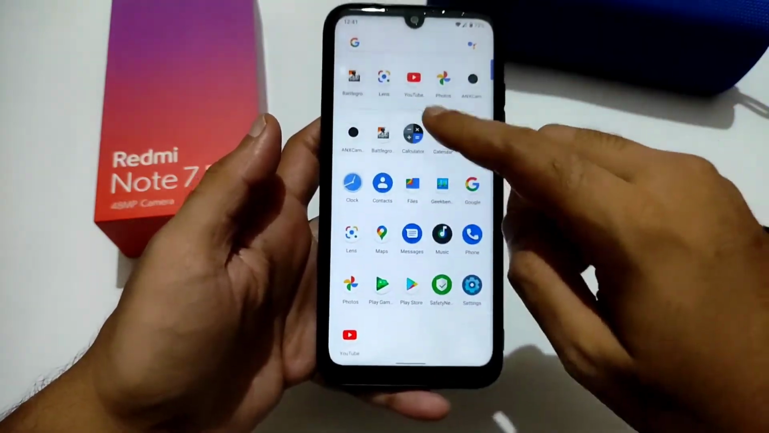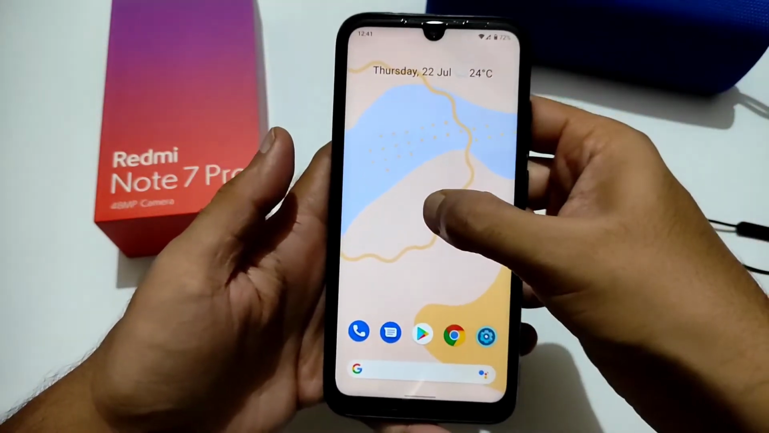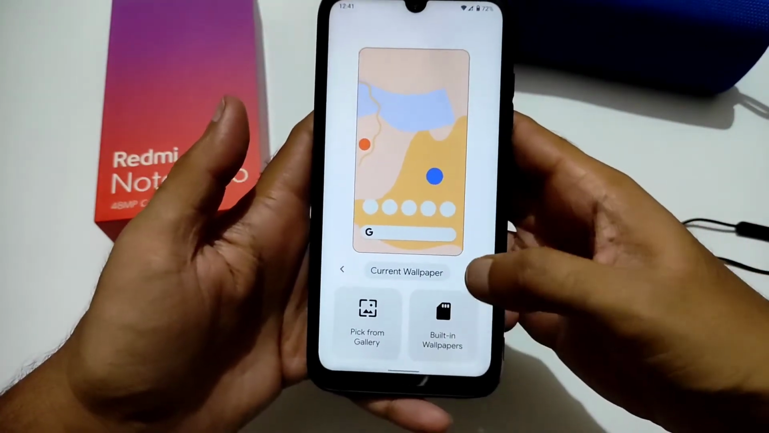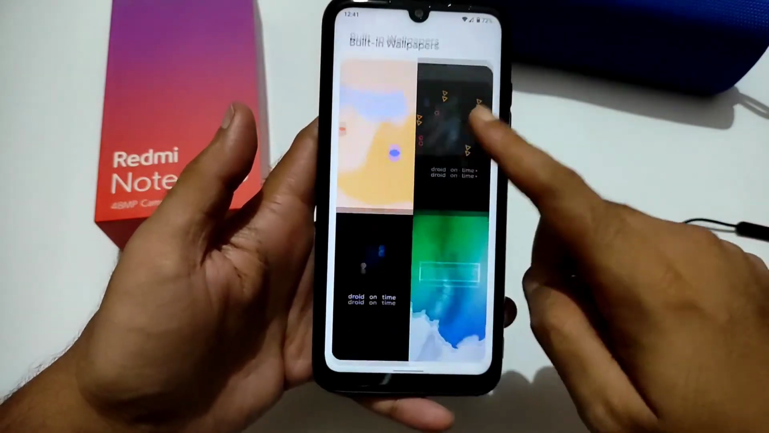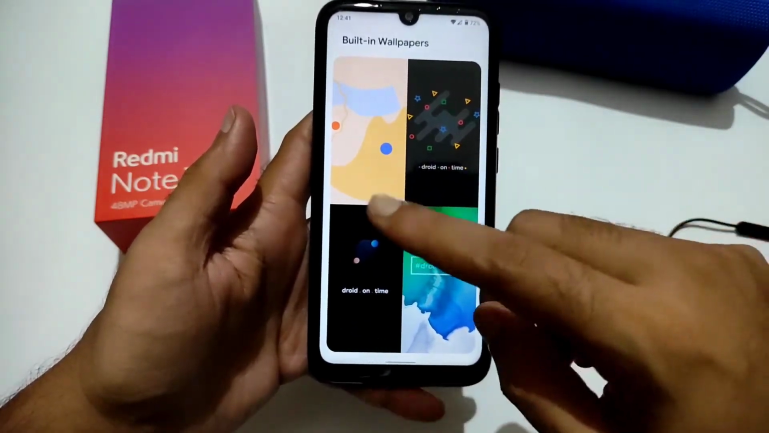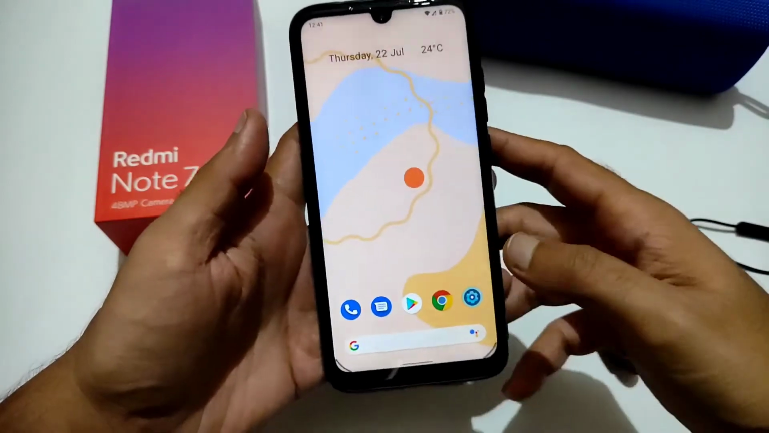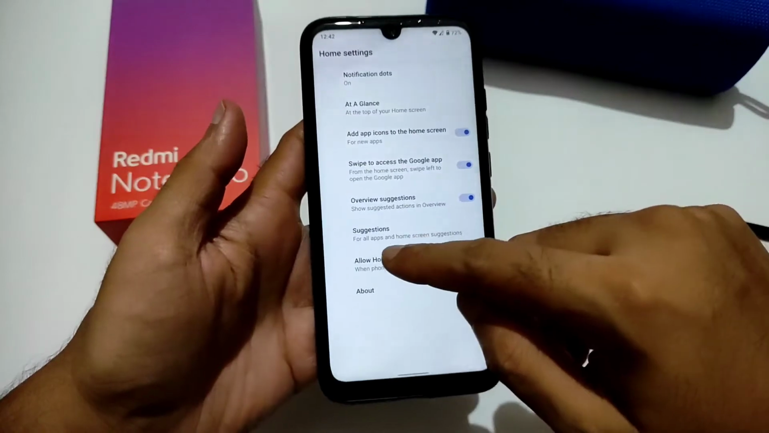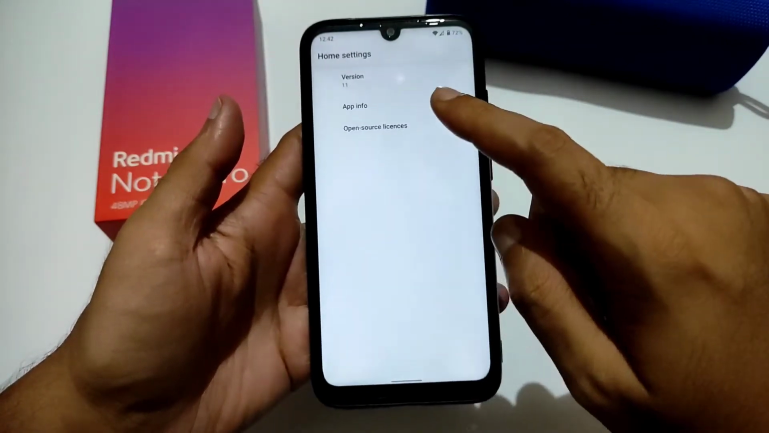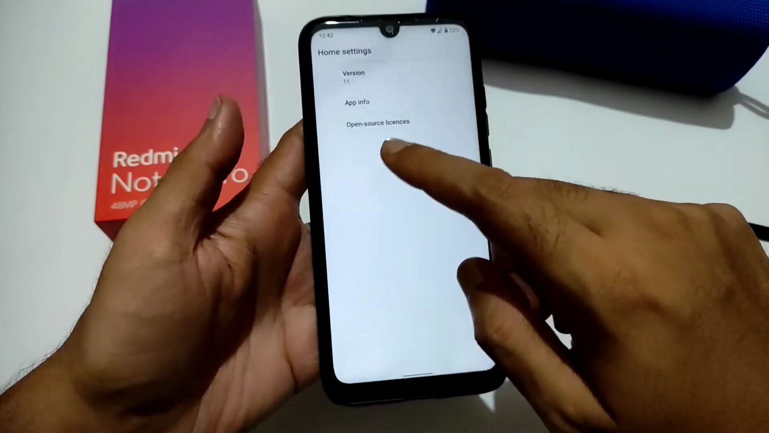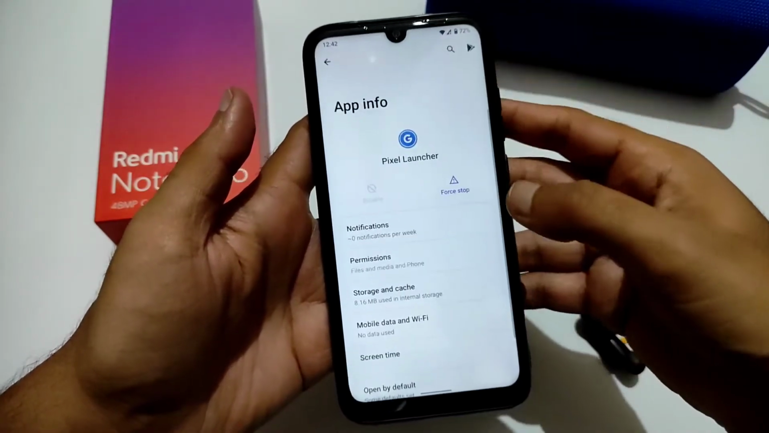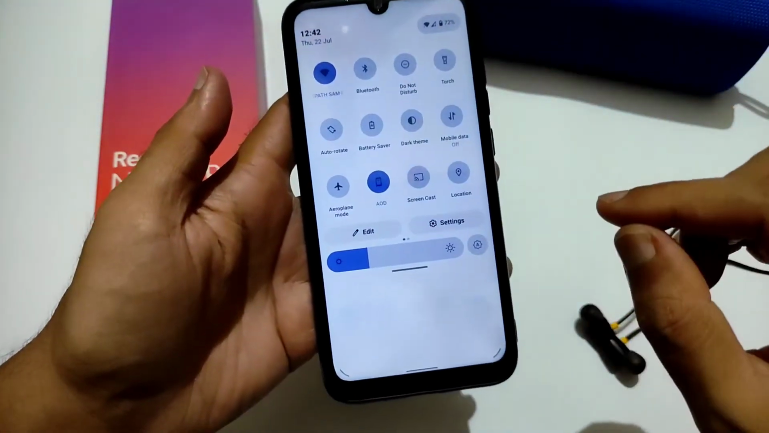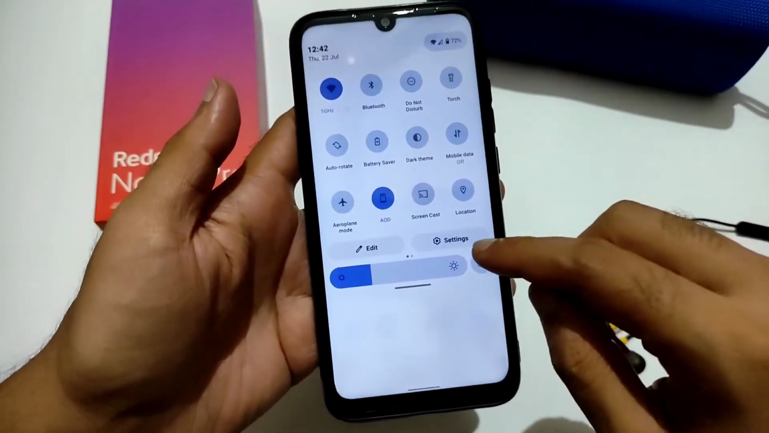And this is the home screen you get. If you tap and press here, you get wallpapers, pick from gallery, and you can choose here from built-in wallpapers. As you can see, these are .os pre-built wallpapers, and if you again press here, you get these home settings. As you can see, these all things, and if you want to check this, let me go to app info. There's the Pixel launcher pre-installed in this ROM, and the good thing in this .os ROM is like